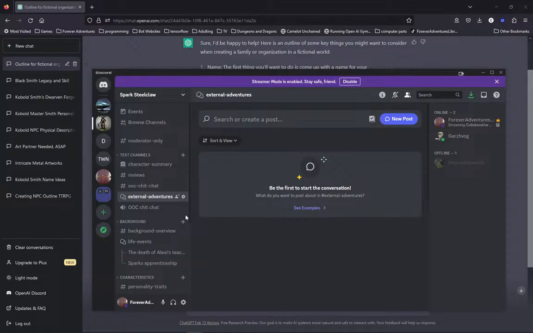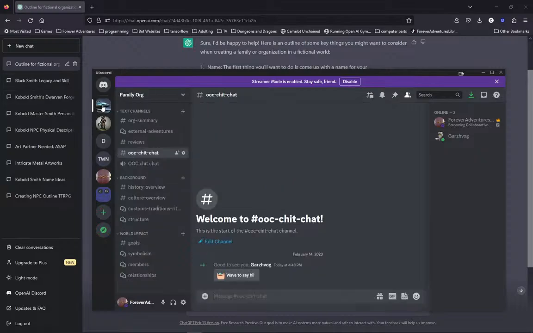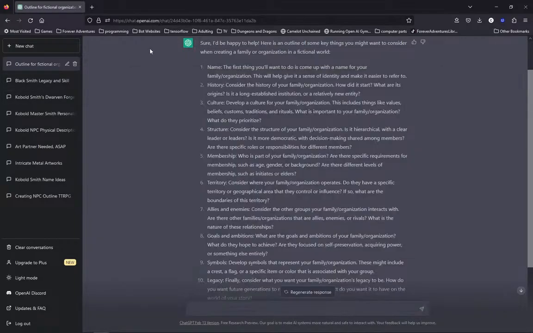And we're also going to do that with this family or organization we're making today. The family or organization that we're making today is going to be very The Expanse or Firefly-esque, right? We're going to take an independent ship and build the crew of that ship as a family, and then set them up in a sci-fi setting, and that's going to be a lot of fun. I haven't thought of a name yet. If anybody thinks of a name, put it in the chat and we'll totally use that name.